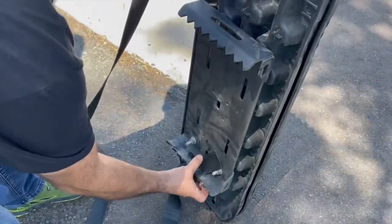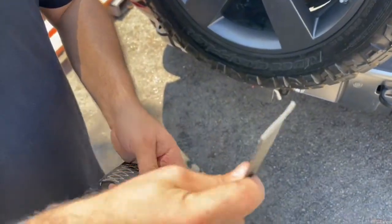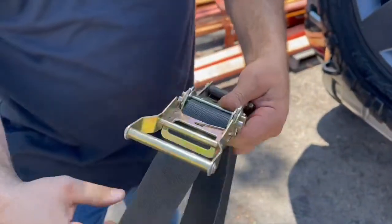So as you begin to run the strap through the rear tire side mounted plate, it's best to have a buddy help you hold it. That way you can get it to center, and it's a much easier job. The strap should be threaded in from the back side in,